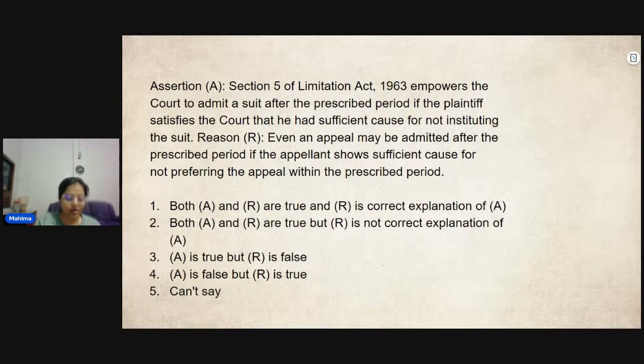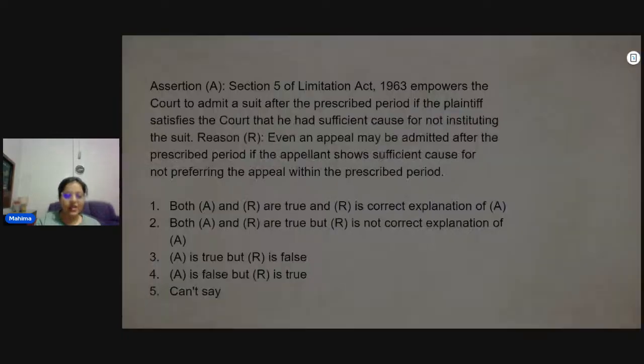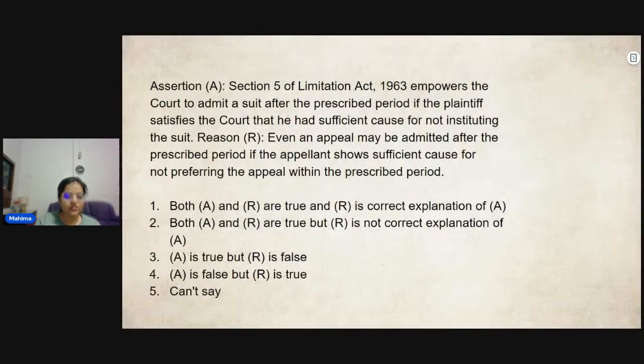Shom is saying 4. Immediately he replied 4. Pritika is saying 1. Her assertion or reason का answer 1 नहीं होता है. It is 3. A is true but R is false. Why 4? A is true. Come on. Nikunj, why 4? A तो सही है. R false है. सही से देखो. There are 5 options, guys. Can't say option. Nobody is answering option number 3. A is true.